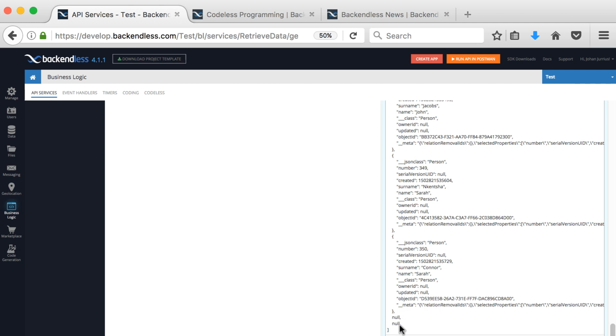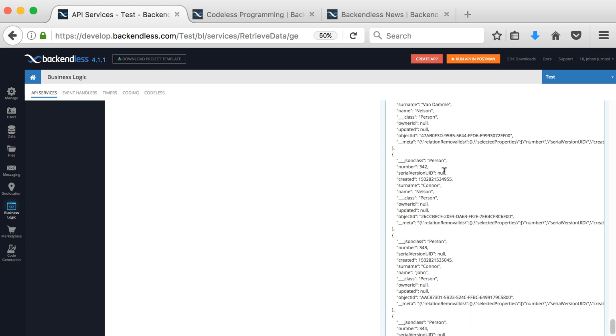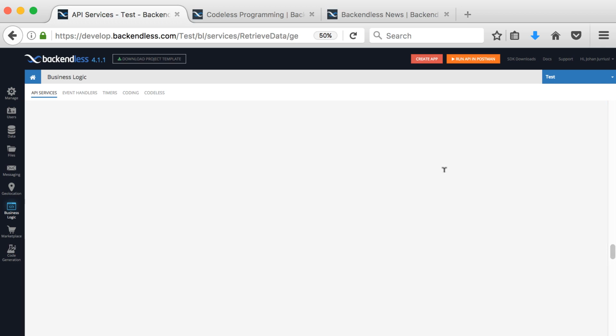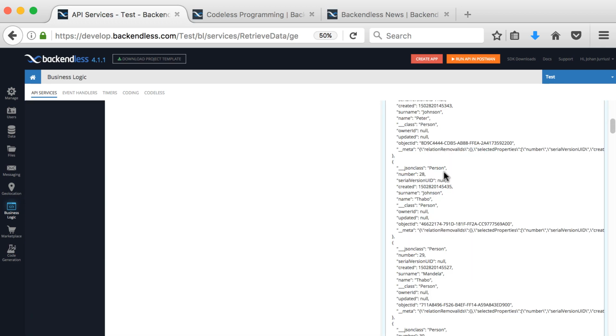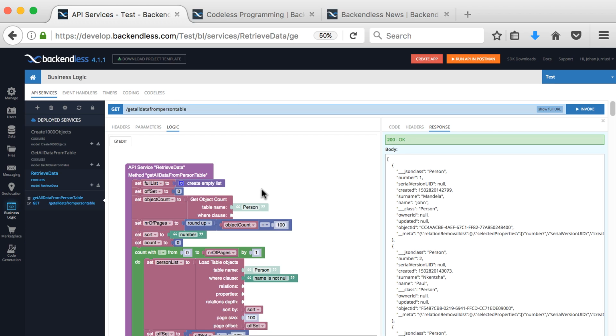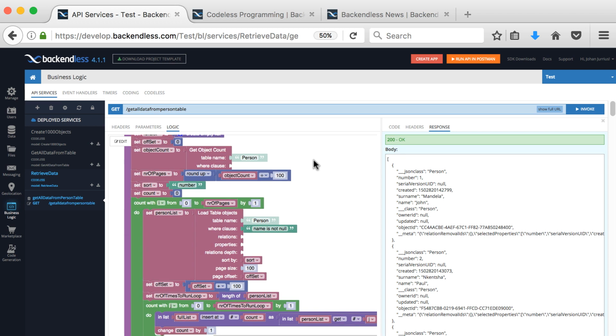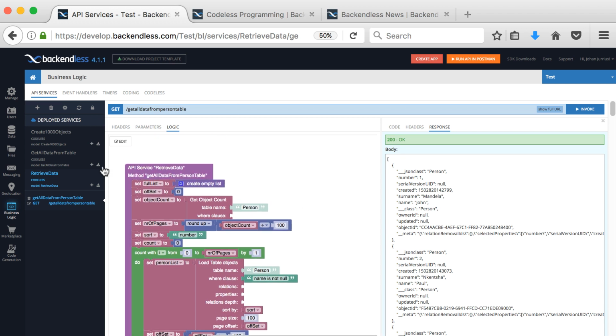Okay, I see they've got some null values there, but don't worry there. So you can see that we've got all 350 objects in this call. So this is a nice way of testing your coding online and making sure that you've got the correct output. And now if your output is exactly what you want and you know it's working correctly, then let's go